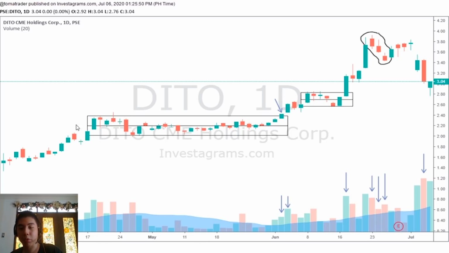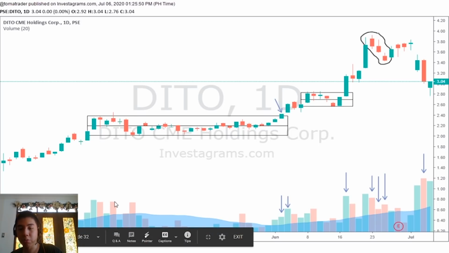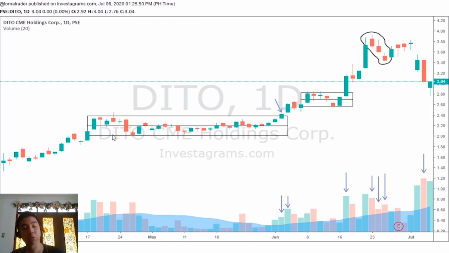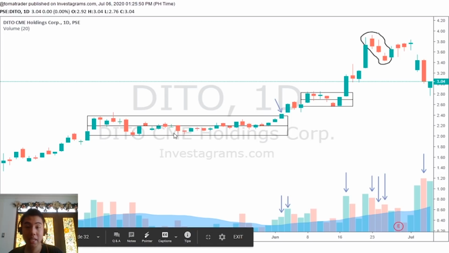Selling, nag-take profit yung mga tao, kaya nakaka-high volume distribution. But kung solid talaga yung isang stock, diba? Kung solid talaga, kung may institutional accumulation na nangyayari, you will see na mag-sustain lang siya, magbe-base siya. And sa loob ng base na yun, you will see low volume. So as you can see here, diba, nung base, nung tumahimik siya,